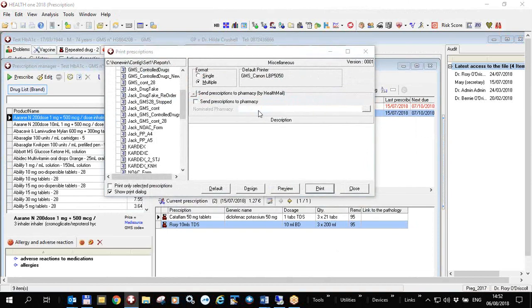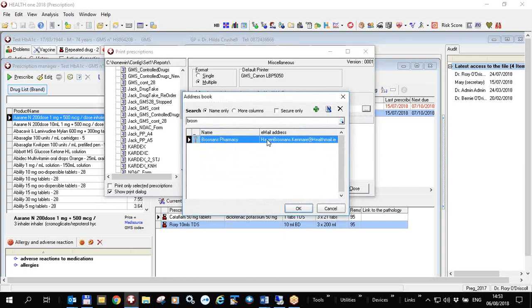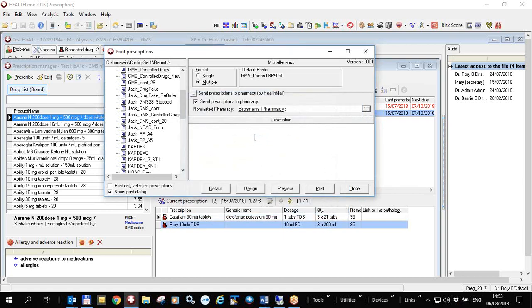Normally the nominated pharmacy will be empty, and you'll have to click on this button if you want to send it to a pharmacy, and then click on this button here to open an address book of your pharmacies. You will have to edit and add the addresses of your own pharmacies in this database. So if I want to send it to Haven Pharmacy, I'll click on it there, and I will either print the prescription and then I will have a dialogue for the email, or I can preview it if it's already